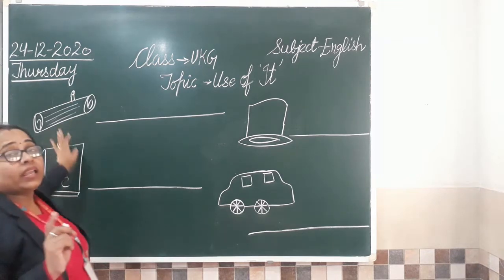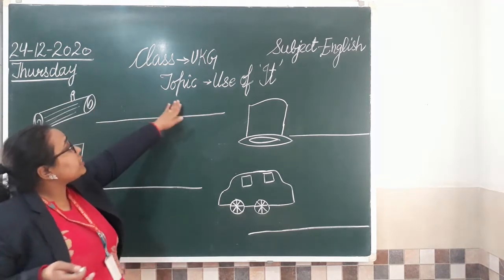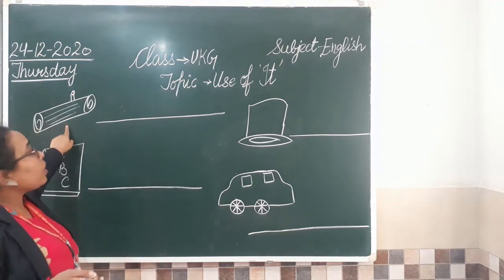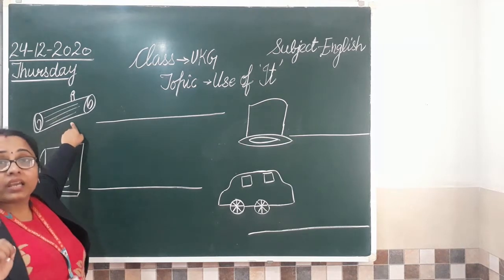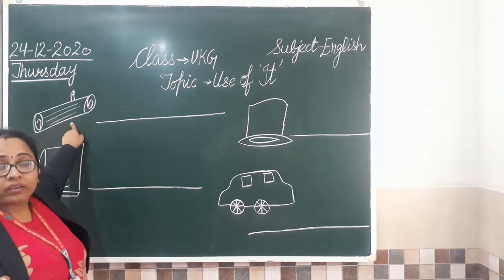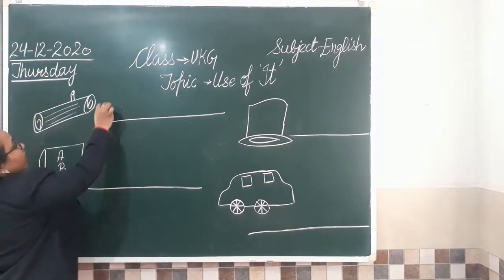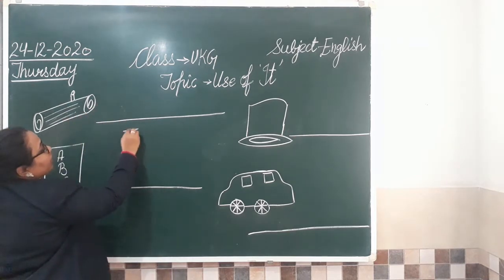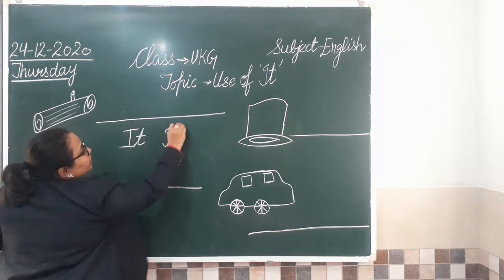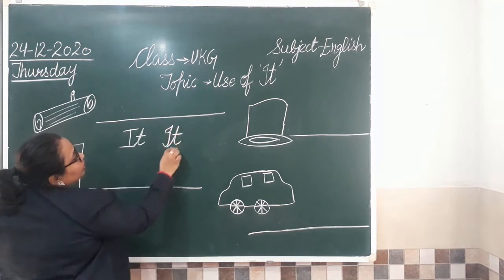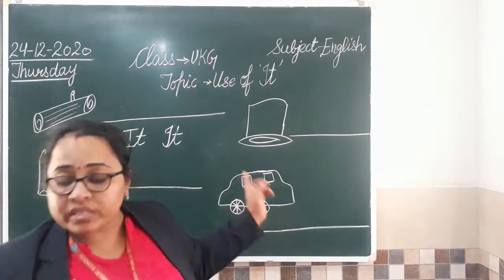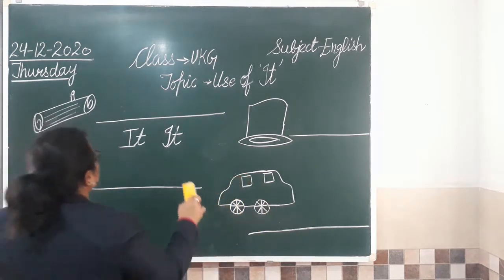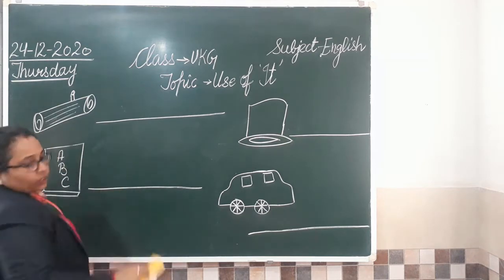Now, can you tell me what is this? सेंटेंस फॉर्म में आंसर करेंगे. जब आप सेंटेंस फॉर्म में करेंगे तभी तो सेंटेंस लिख पाएंगे. So I am asking, what is it? What is this? It is a log. ये लॉग है. So how are we going to write? Now there are two ways of writing it. आप ऐसे इट लिख सकते हो, और you can write it like this, it. तो ये वाला जो होता है हमारा कैपिटल से होता है. So we are going to use this one. Clear? आपको इसी वाले की प्रैक्टिस भी करनी है. Understood? So let's start doing it.